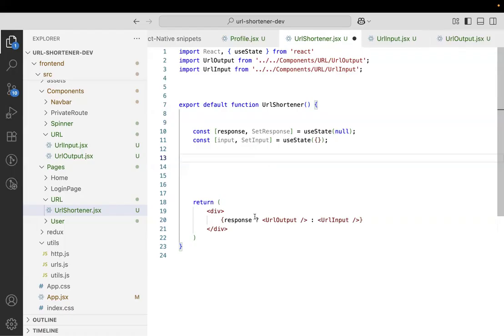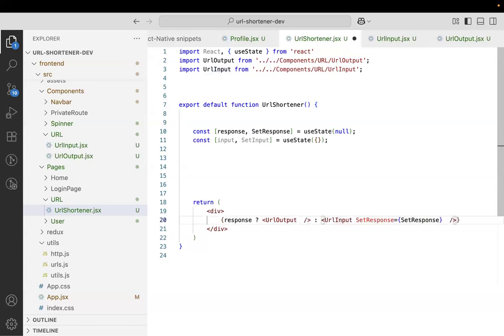What I'll be doing is, in this URL input, I can pass something because it's a function, right? I can pass it over here. So what I will be doing is I'll be passing this set response. This is a function which sets the data, right? So here I'm saying set response is equal to set response. This I can get in that component, okay, my bad. This should be sent over